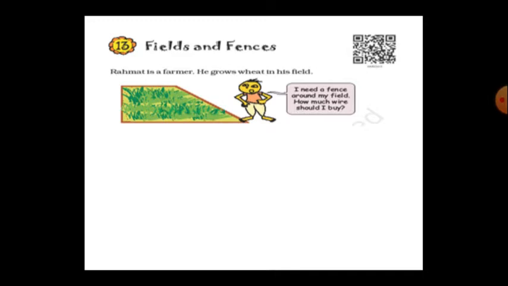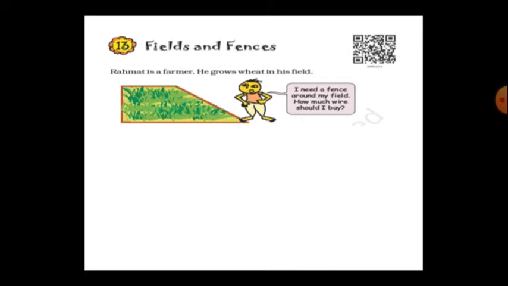You can see in the villages, if your grandfather or grandmother has a field, you can observe that around that field they are using fences. That is what is called a fence, because they are measuring their own land. This is how to measure it: by using perimeter you measure the field's fence. Here you can see one story given.